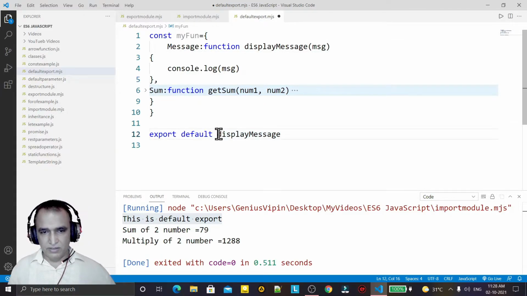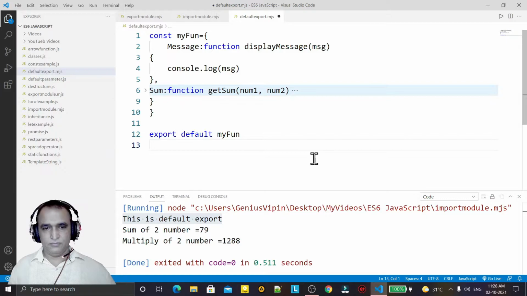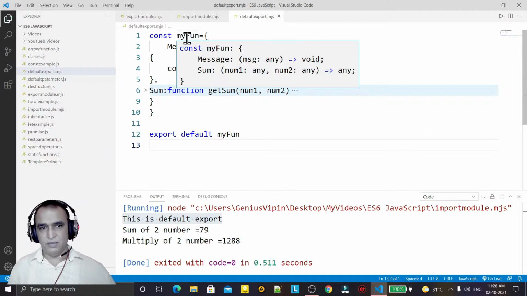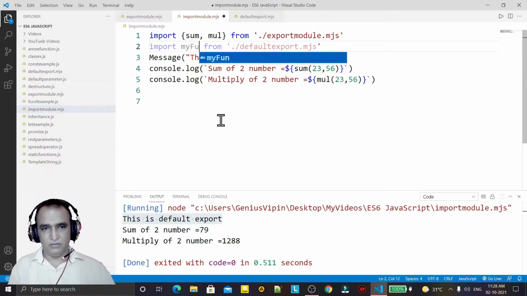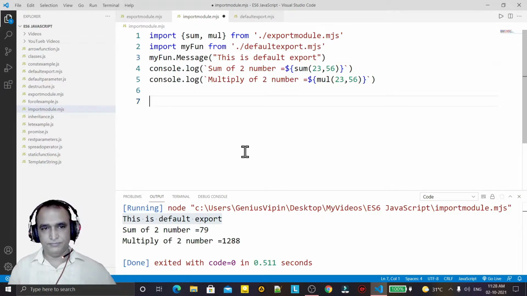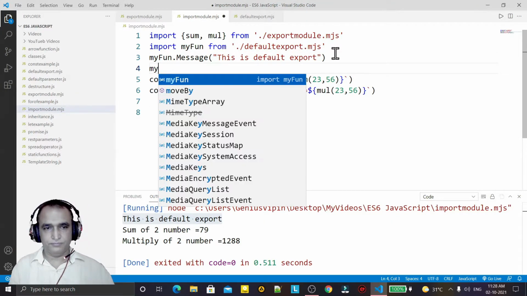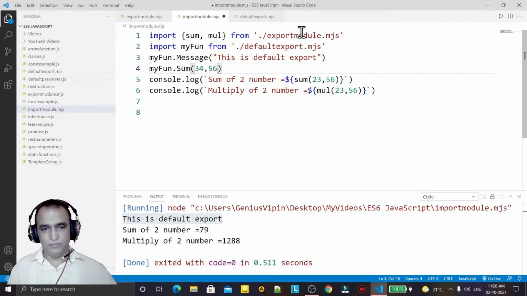And now here I can export my fun. Save it. So this object I am exporting, and as the importer I will use this, my fun. It should be the same name, but here I can use my fun dot message, and my fun dot sum for calculating a sum, and I can pass the values.